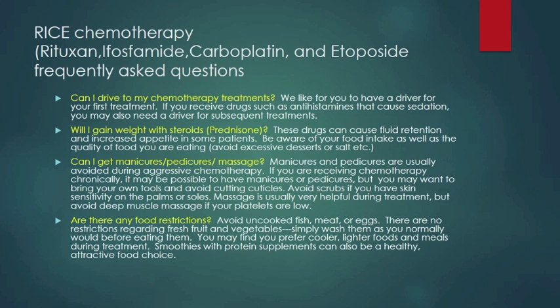These drugs can cause fluid retention and increased appetite in some patients. Be aware of your food intake as well as the quality of the food you're eating. For example, avoid excessive desserts or salt. Can I get manicures, pedicures, or massage? Manicures and pedicures are usually avoided during aggressive chemotherapy. If you're receiving chemotherapy chronically, it may be possible to have manicures and pedicures, but you'll want to bring your